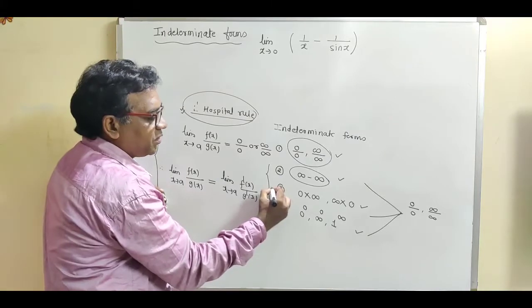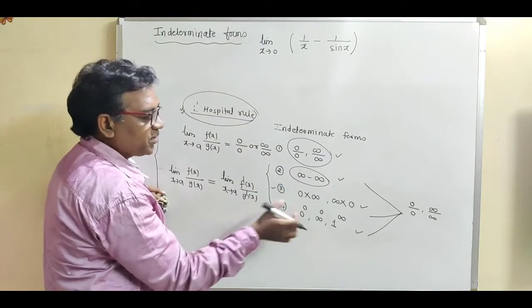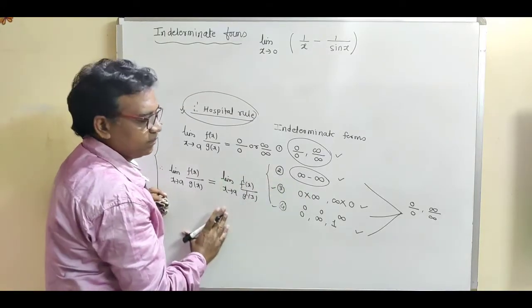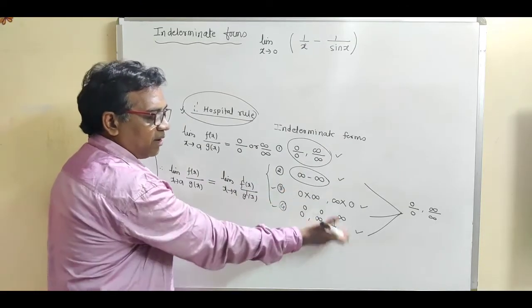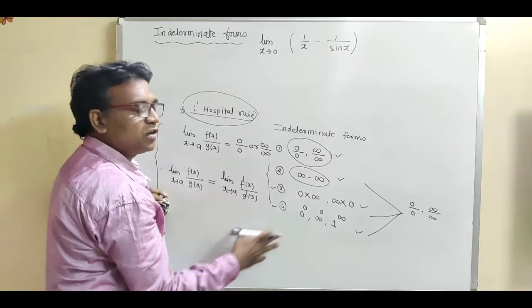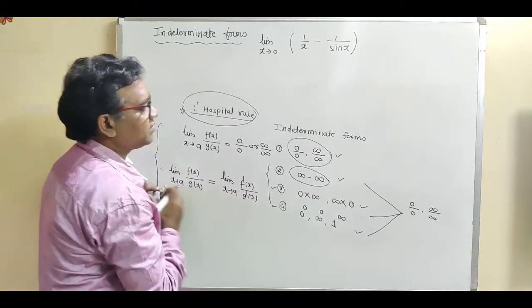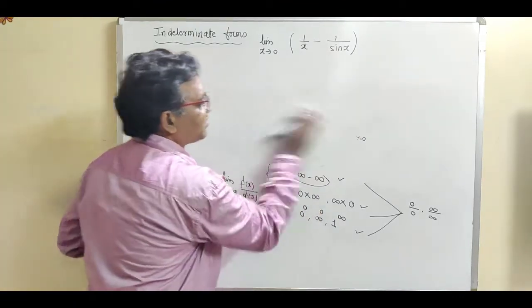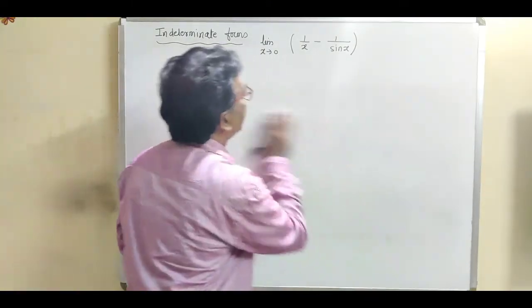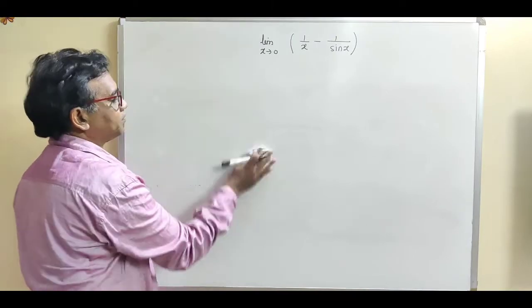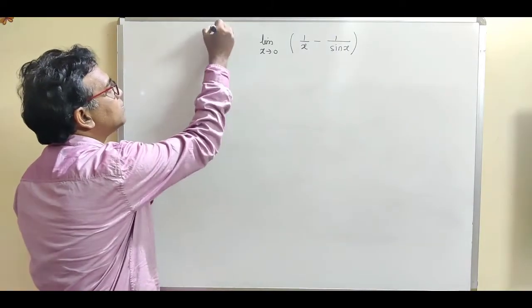Now we have seen these two topics. We have seen the limit form containing the product in our previous video, and we have seen the function raised to another function, the last topic. Now let us study this second topic: limit form contains the subtraction. So write down the solution.